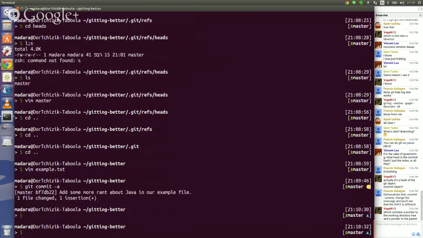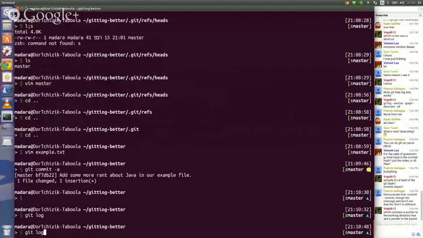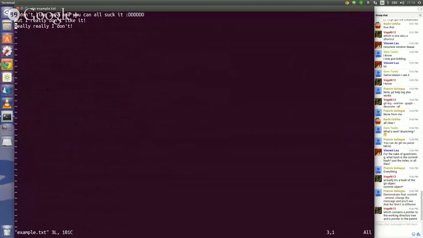Now you can see that git log has another commit object. Now let's memorize the first few letters of our commit hash, bf7. Now you can see that if we make another change,